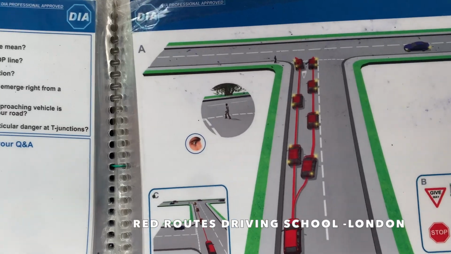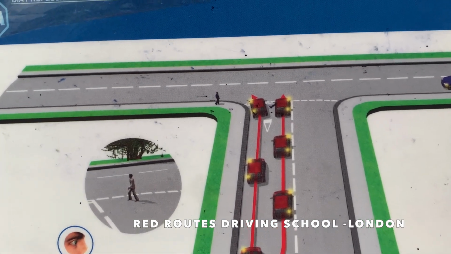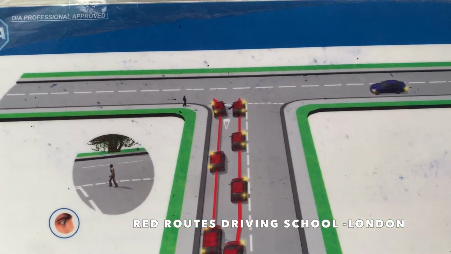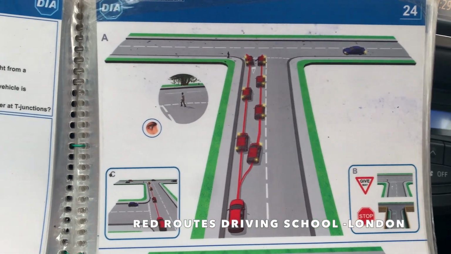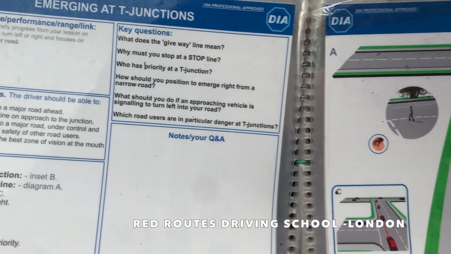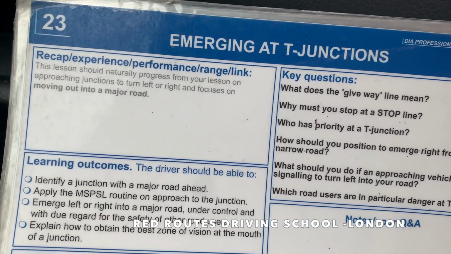Turning right across a busy road is particularly dangerous. To drive safely and pass your test, you must be confident that you can judge the speed and distance of oncoming traffic safely. You also need to look out for other road users.